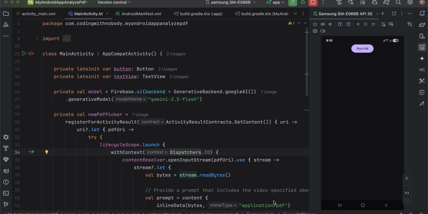In this video I will show you how you can analyze PDF and ask questions related to it using Firebase AI logic in native Android application with Kotlin. So let's get started. So here you can see I am mirroring my device, so I have this pick PDF